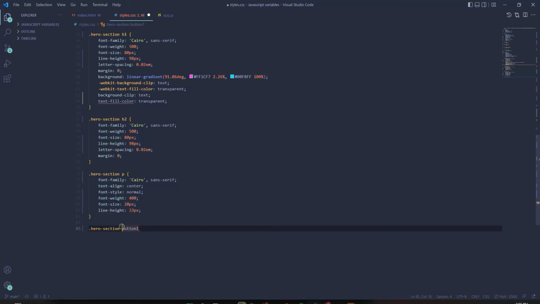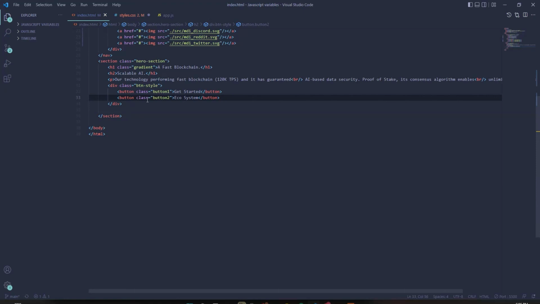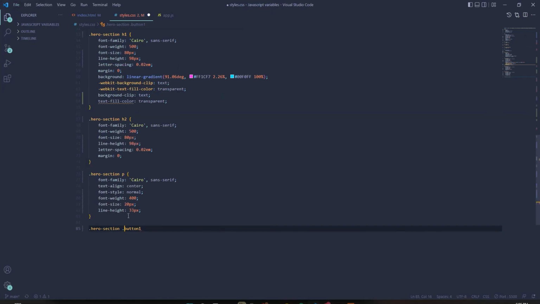That should be a dot button 1. Just to be safe, this is where I'm getting it from, not making it up. So we have our class of button styles. This is the div that is holding both of them. The reason why I have this here is to give them a display of flex, even though they appear to be flexed already, but it's always safer because you don't know how it's going to behave in different browsers. So I'm just going to use that dot button styles,